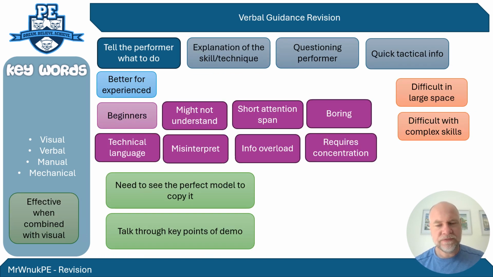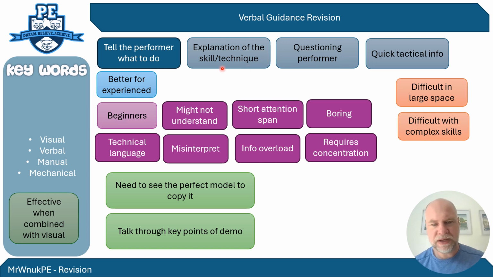Right, so if we get onto verbal guidance now, the opposite to visual, and again, I'm reinforcing that point I've just made, most effective when combined with visual. So that's a concluding point if you've got a 9-mark exam question. Anyway, what is it? We tell the performer what to do, and then an example would be an explanation, or expansion